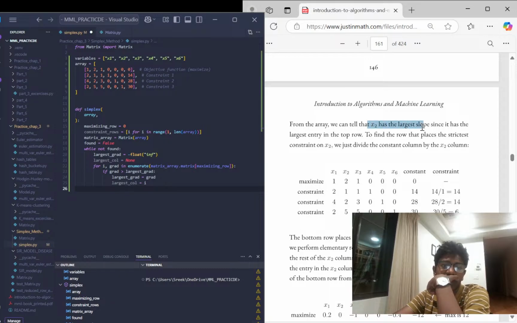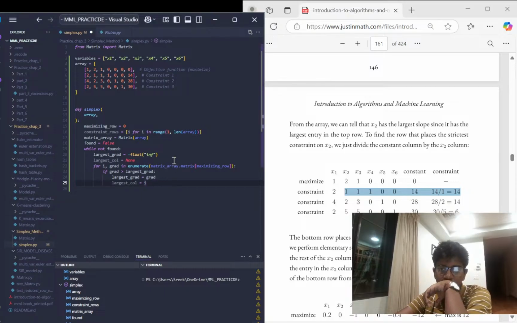Okay, so we can tell that x2 is the largest slope, right? So we can tell that's the largest slope, and then when you divide the constant column by the x2 column. So now we need the